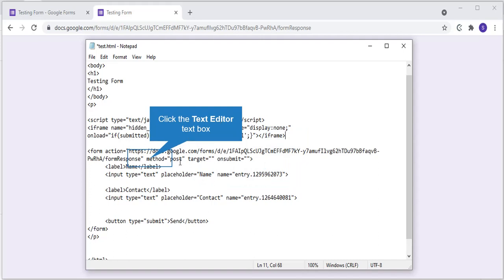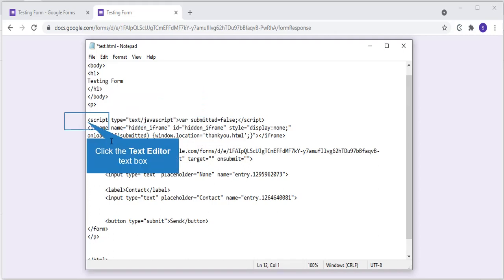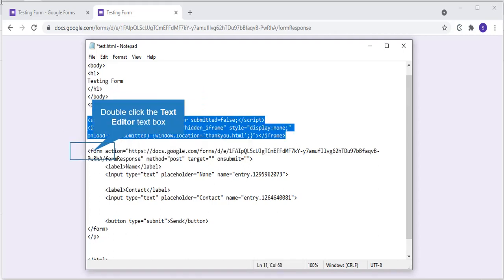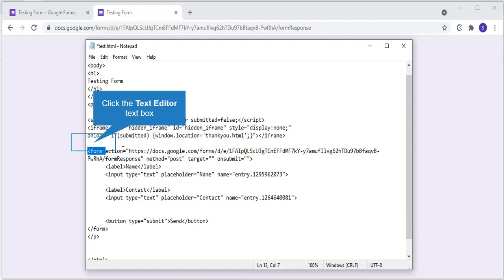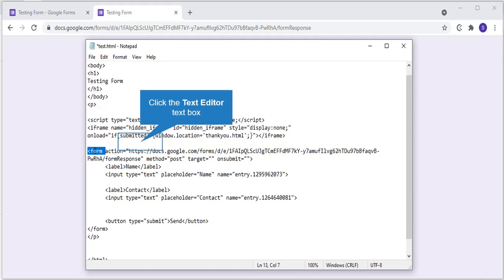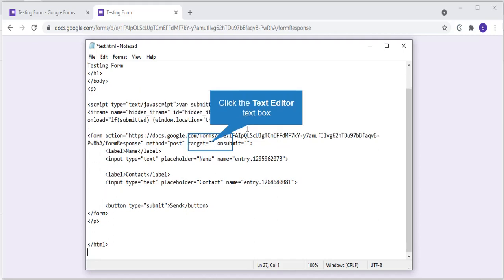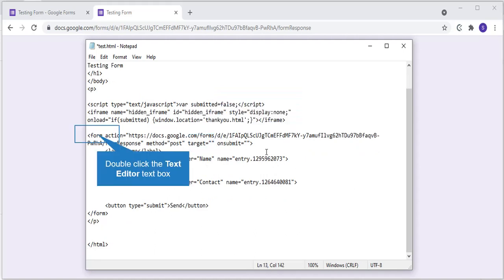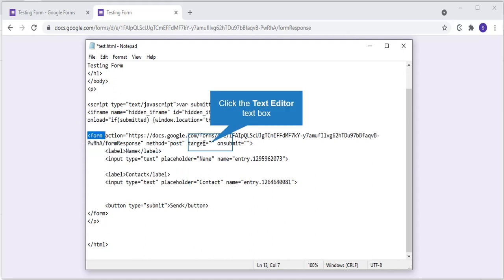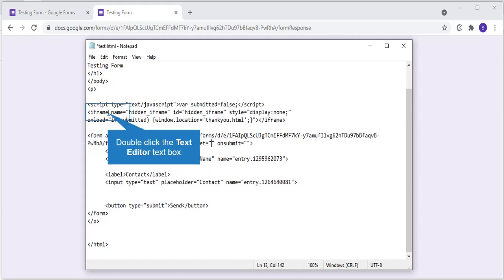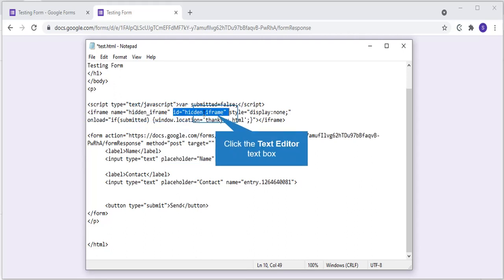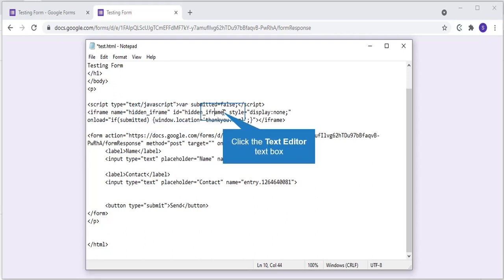Now we have to do more changes, and make sure this code is before the form tag. It should be before this form tag, otherwise it will not work. We need to do two more changes. We need to define the target, and the target of this form after submission will be this iframe, and the iframe ID is hidden_iframe.